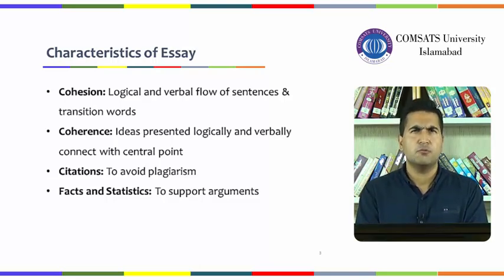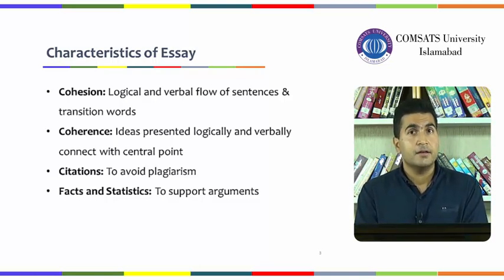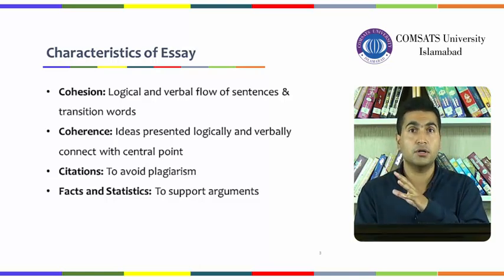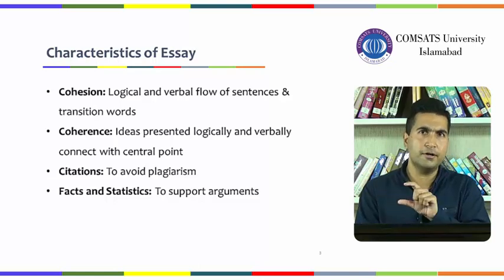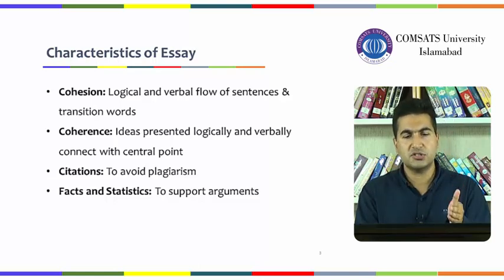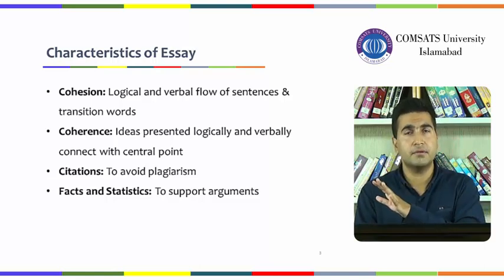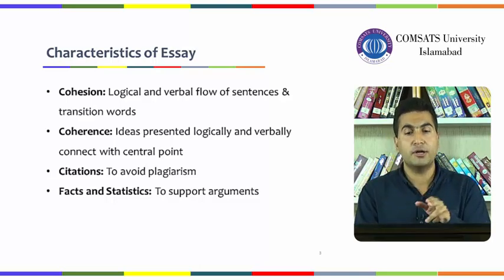Then citation. What do we mean by citation? Does this thing ring any bell? Have you heard of this word before? Basically, the point here is that you're going to strengthen your argument by referring to other people's work who have also written some research paper, some essay or some report alongside some references that they have also provided. So when you refer to their work, you're going to mention the name of the author and the title of their work, and when you refer to those authors' work, you use citations. And by referring to their point of view and opinion, and writing their names, you are avoiding plagiarism.